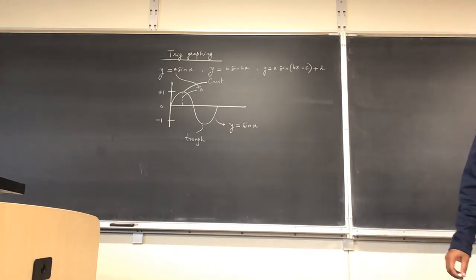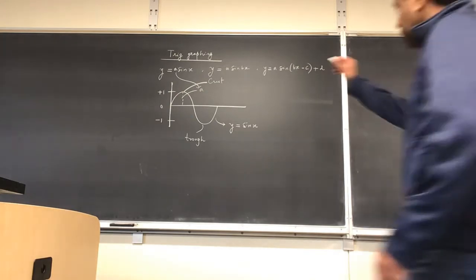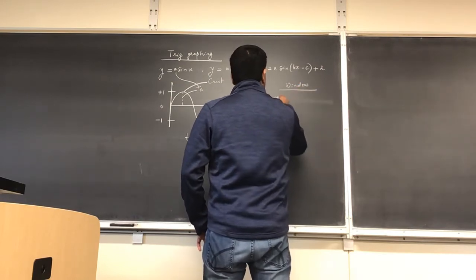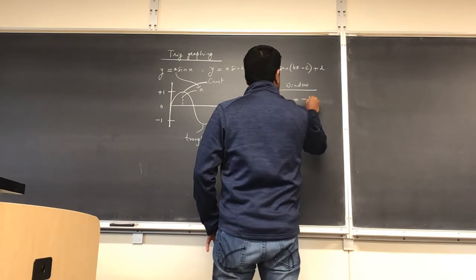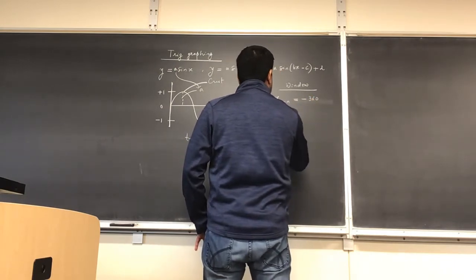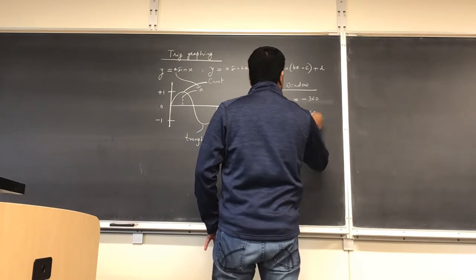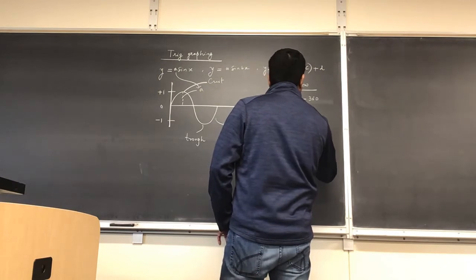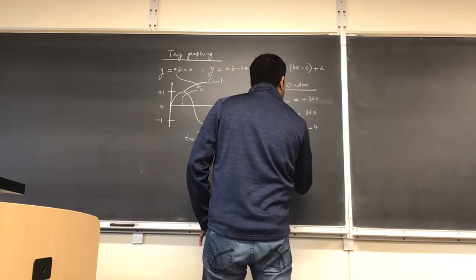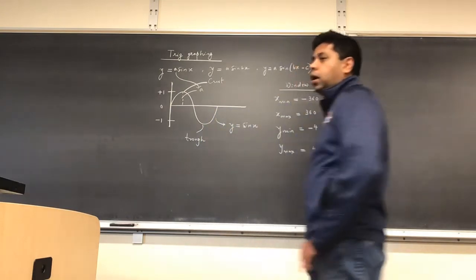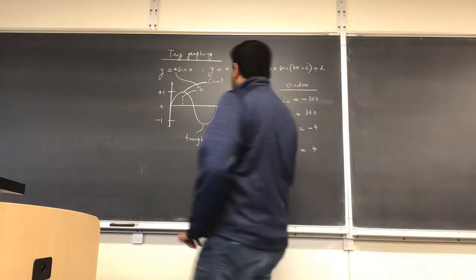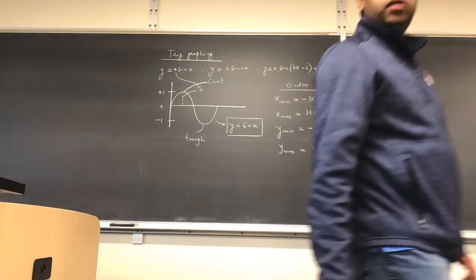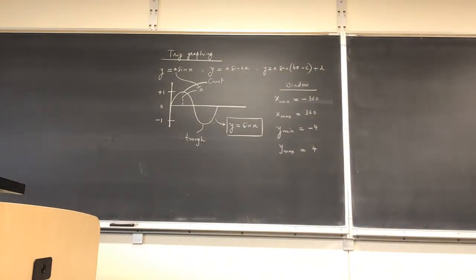Get your calculators, go to graph mode. First, in the window, for x minimum, do negative 360, that's negative 360 degrees. X max, 360. Y minimum, that's your amplitude, let's go with negative 4. Y max, make it 4. And then plot y equals sin x, which is the parent function. And I want everybody to show me